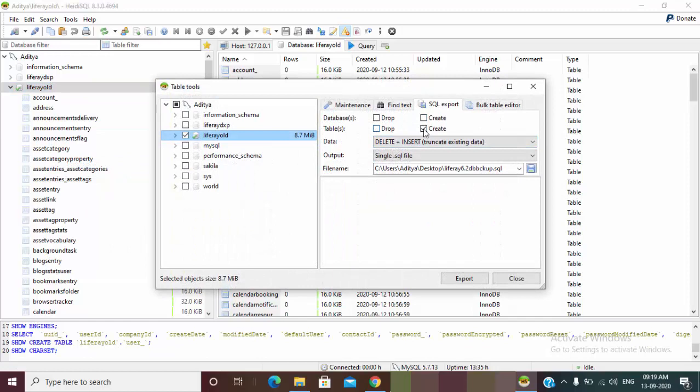You can create the table, delete, insert in a single SQL file, and on the desktop I will save this and click on export.